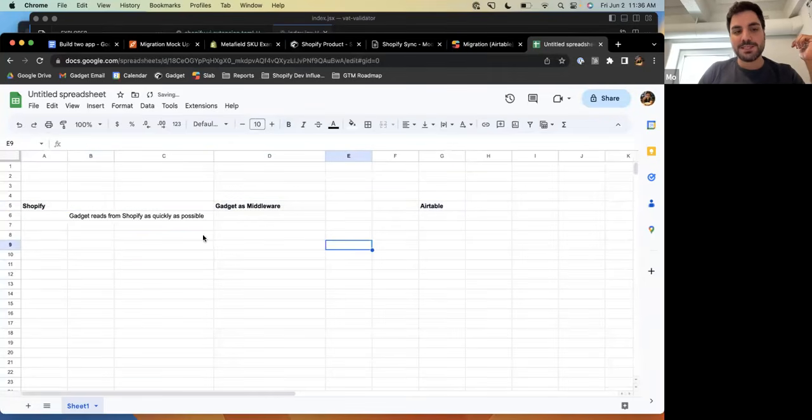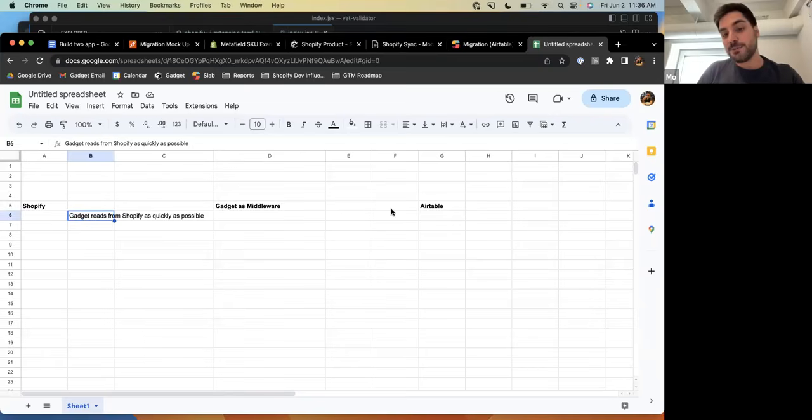The problem is Shopify can handle that, Gadget can handle that, but sometimes the endpoint you're trying to send the data to has its own rate limits, and those rate limits might be different than Shopify. So Shopify might say that you can read 10 records a second, and then Airtable might say you can write 5 records a second. What'll inadvertently happen when you're dealing with 2 systems that have different rate limits is Gadget's going to go so fast